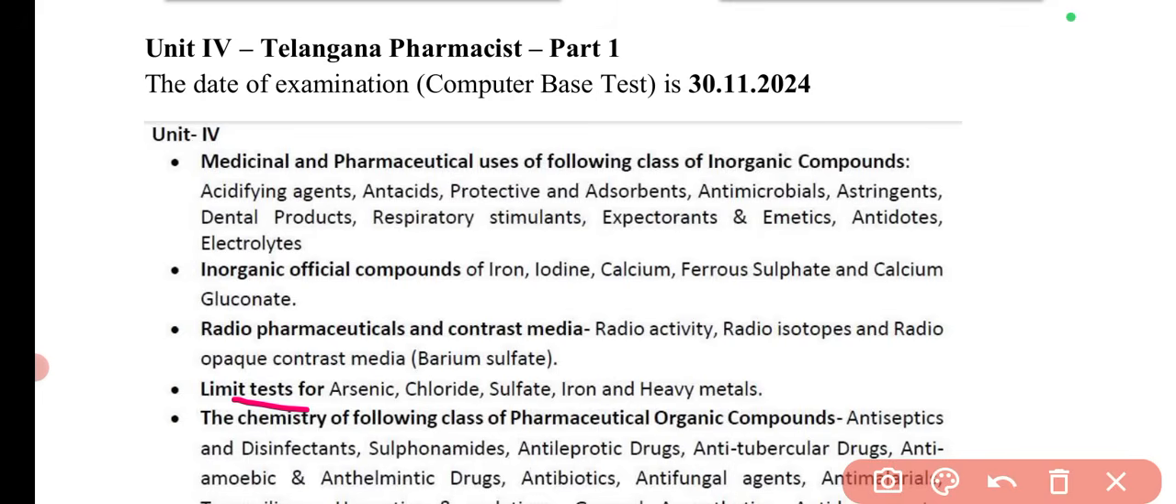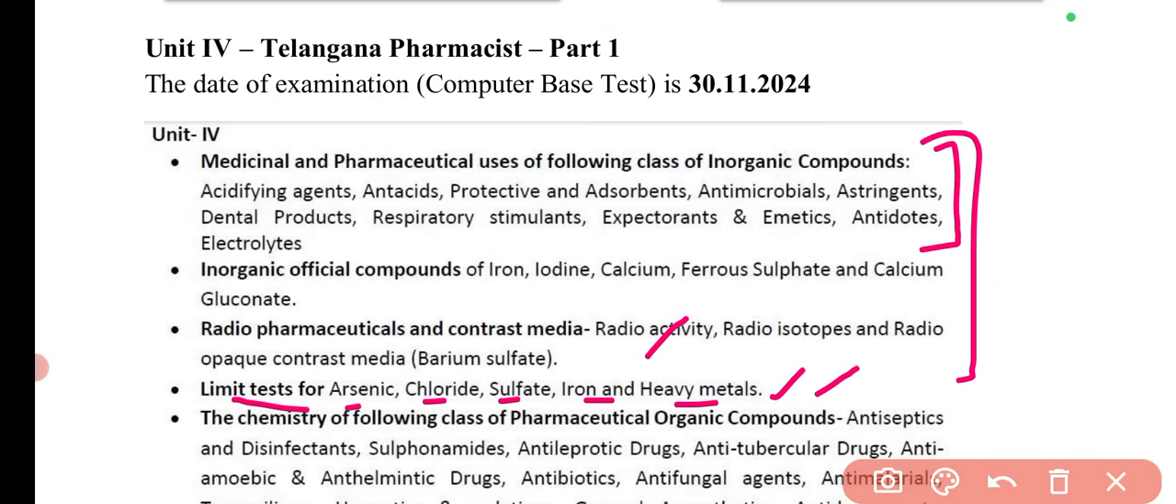Then there are limit tests for arsenic, chloride, sulfate, iron and heavy metal. This is the most important one because a question will definitely be asked from limit test. One question will definitely be there from radiopharmaceutical, and one question from medicinal and pharmaceutical uses of inorganic compounds. So these three are for sure, with very limited concepts,